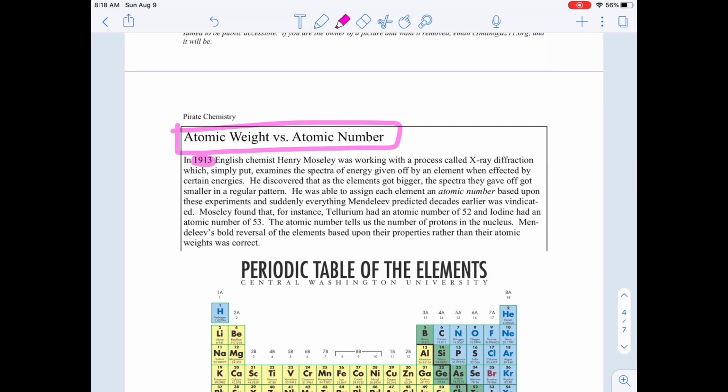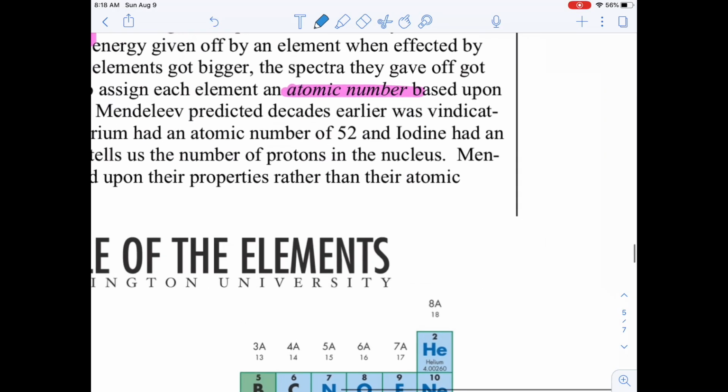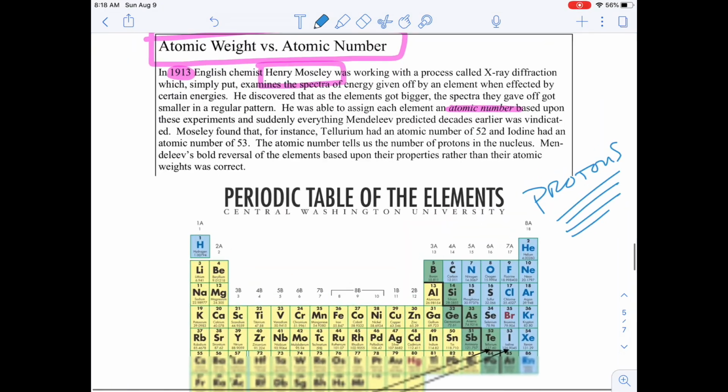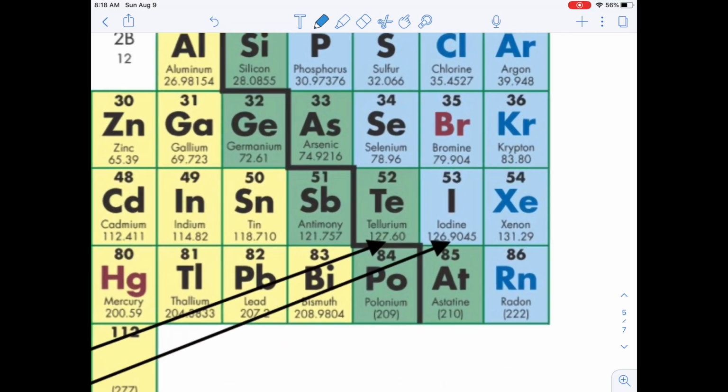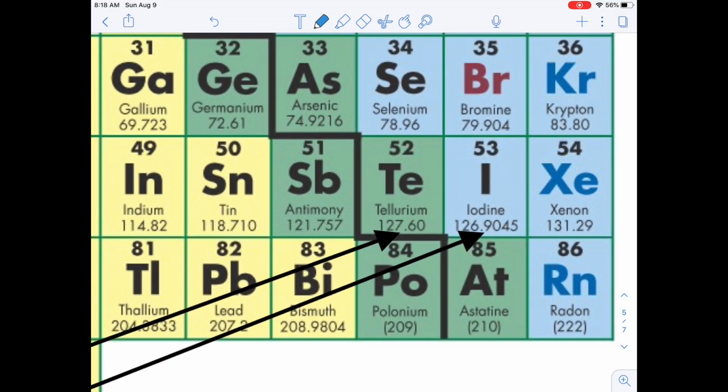Then, in 1913, Henry Moseley came along. Okay, he had some new scientific methods that he could use. He took all of the work that Mendeleev had done, organizing the periodic table by atomic mass, and all he did was use the atomic number. So, in other words, he used the number of protons. Okay, and that's what he went off of to make his periodic table, because there are a couple examples in the periodic table, and if I zoom in here,